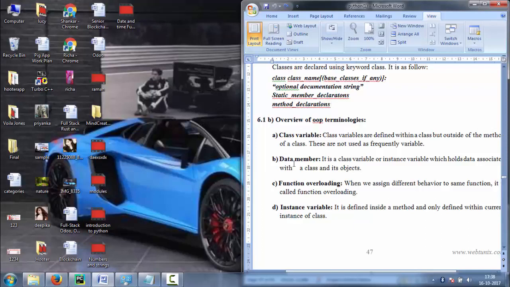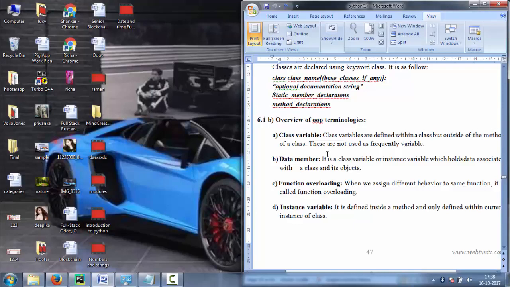And the next is data member. A class variable or instance variable that holds data associated with a class and its objects. Next, function overloading. The assignment of more than one behavior to a particular function is called function overloading.